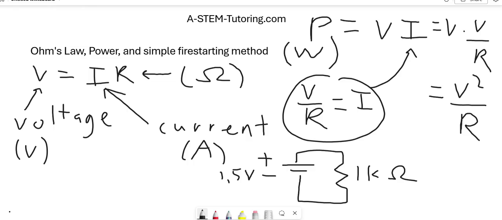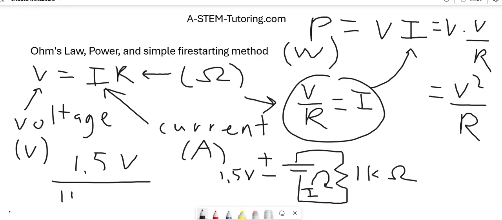And we want to find the current, I, flowing in this circuit. So, using V equals IR, we can use this formula. Current is voltage divided by resistance. So, 1.5 volts over 1000 ohms, because 1 kilo ohm is 1000 ohms, gives us